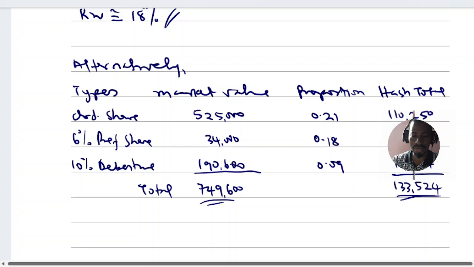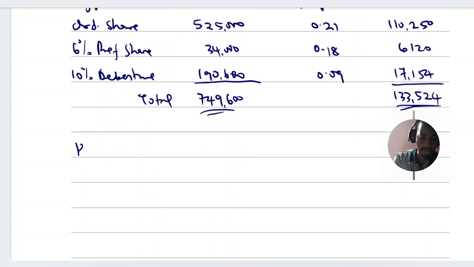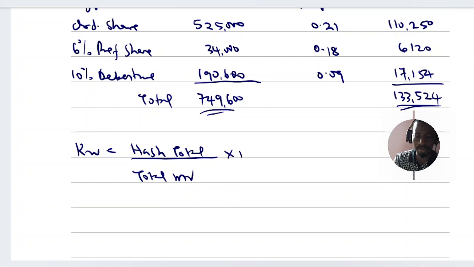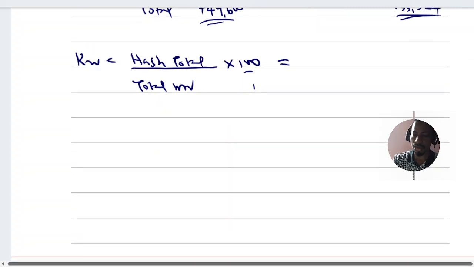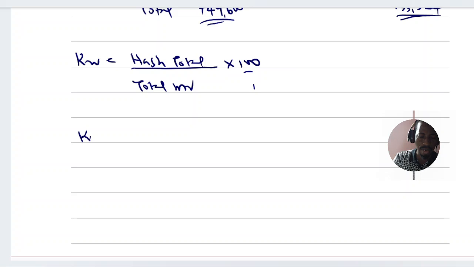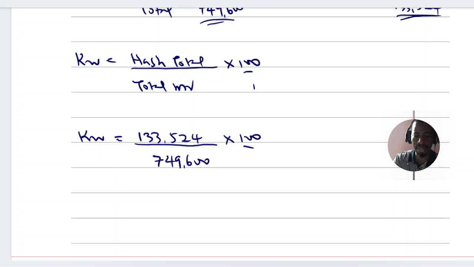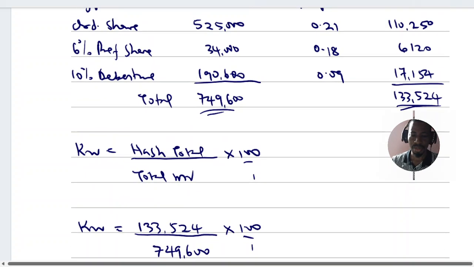133,524. So to now get the WACC, it will be equal to the total divided by the total market value, multiplied by 100 over 1. So then the WACC will be equal to 133,524 divided by the total market value of 749,600, multiplied by 100 over 1. Okay, this should give us,